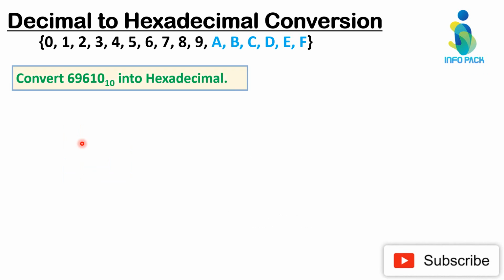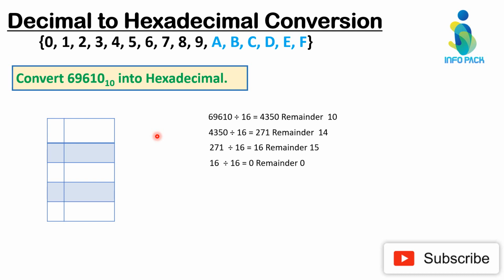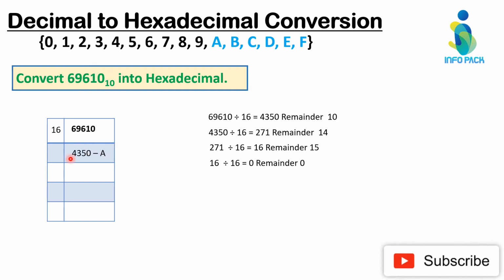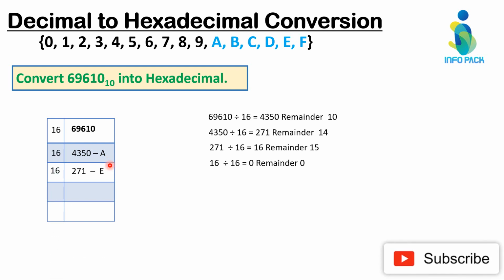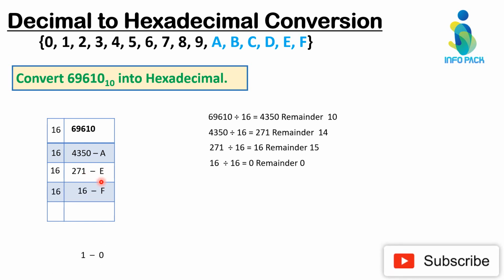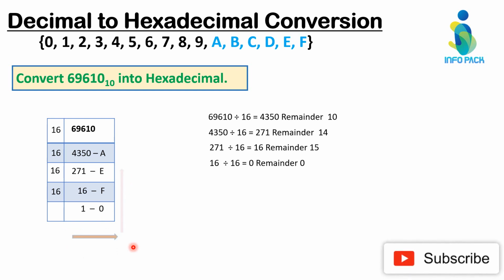Here is a number 69610, that is in decimal form, to be converted into hexadecimal. So first of all, write the number and divide it by 16 and you will get the result 4350, and the remainder will be A, that is equal to 10. Again divide this number by 16 and the result will be 271 and the remainder is E, and again divide this number by 16. Now the remainder is 0 and write all these remainders from down to up direction, and now the final result is